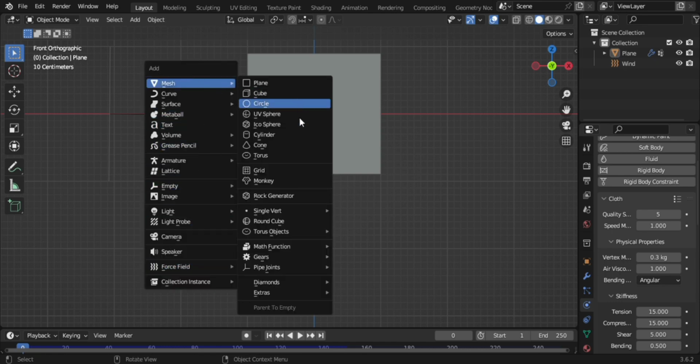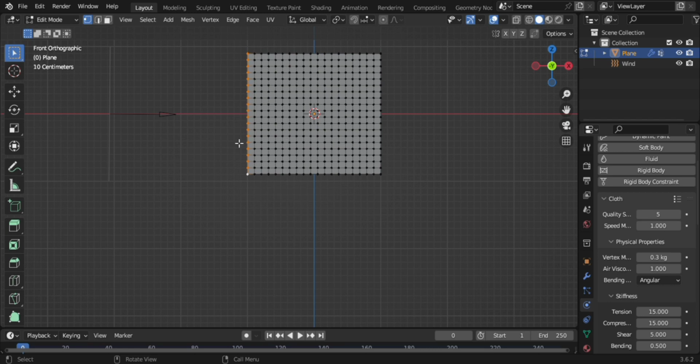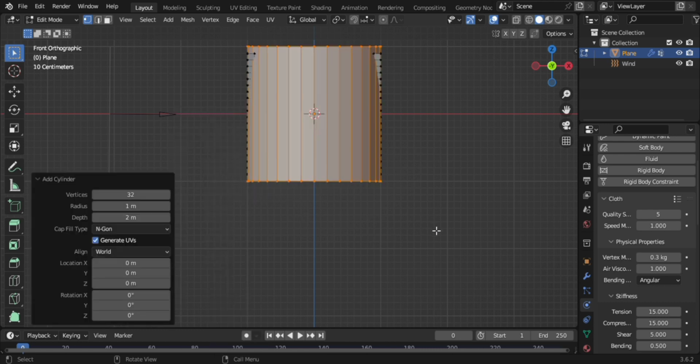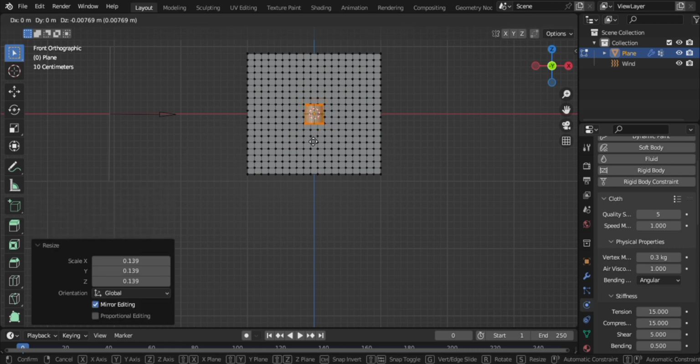We want to add in a flagpole, something to hold the flag. So go ahead and add in. In fact, before we do that, just tap back in. We need to do something else. We need to do it from being in edit mode. So Shift A, go to your mesh option and add in a cylinder. In fact, we don't really need this flagpole. We might as well just ignore the flagpole and go ahead because we want the